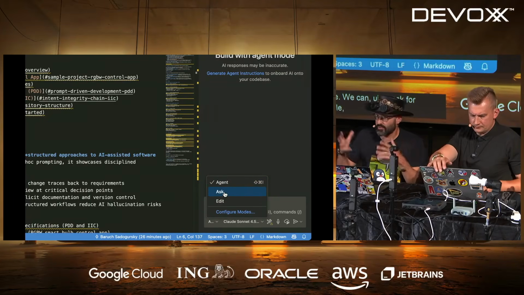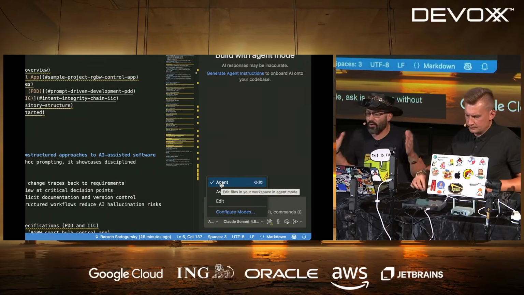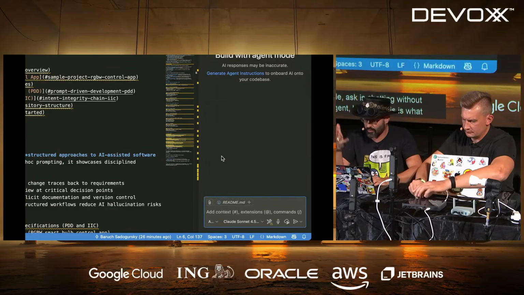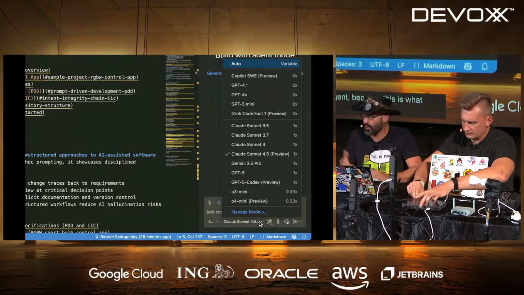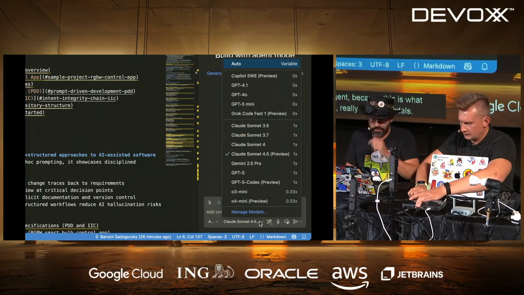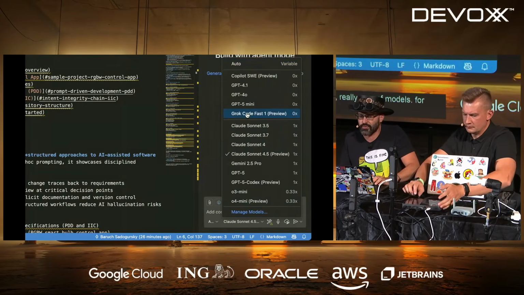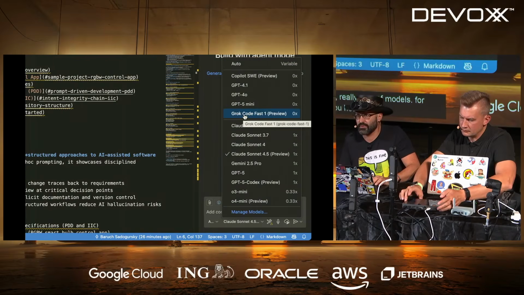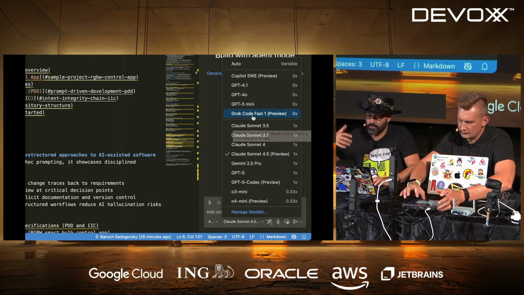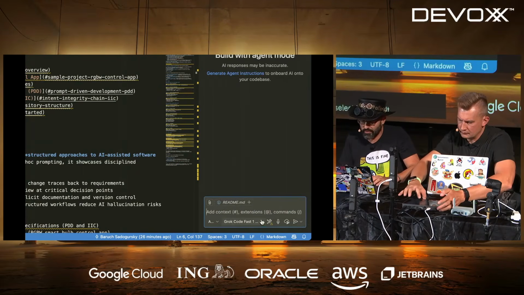Ask is chatting without doing any changes. We are obviously using agent because this is all what this talk is about. We can select really tons of models for Visual Studio Code, and I promised to show you how Grok Fast is doing, especially comparing to the Sonnet 4.5 that we would select by default. So we're going to do it on Grok.